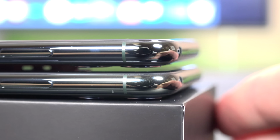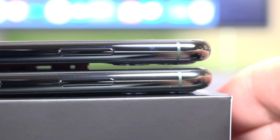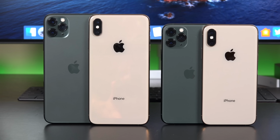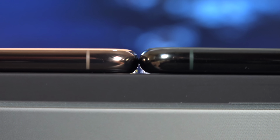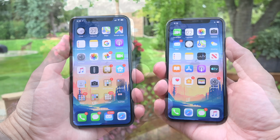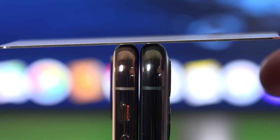The iPhone Pro is still the only iPhone that gets a stainless steel frame, so you have this nice polished finish all around the edges. To accommodate the larger battery, these phones did get a bit thicker and heavier, so they're up to 8.1 millimeters thick instead of 7.7, and we gained about 11 grams on the Pro, and the 11 Pro Max gained about 18 grams. Although the displays are the same dimension, these phones are slightly taller and wider than before as well,